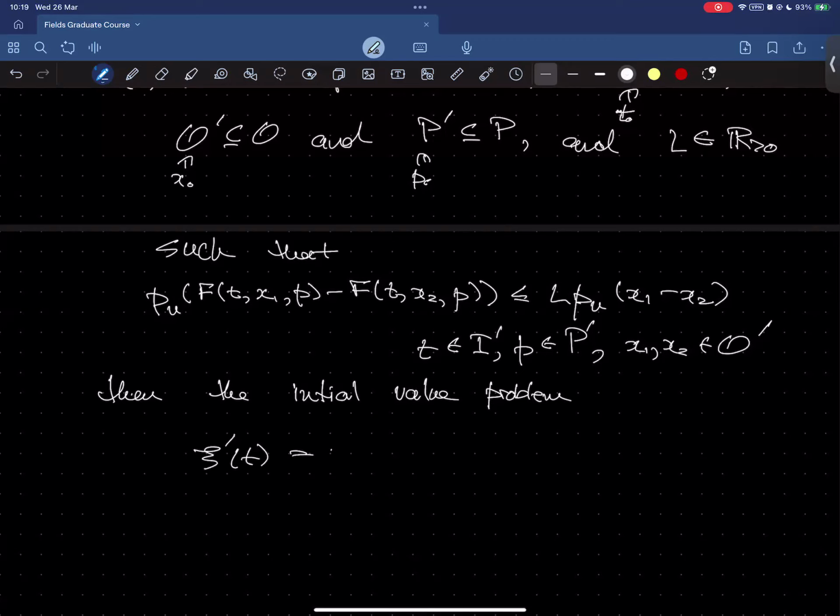C prime of t is f of t, c of t, p, with c of t naught equal to x naught, and so we've talked about the parameter here. The parameter is really frozen, so let's take the parameter to be p naught. Then the initial value problem has a unique solution